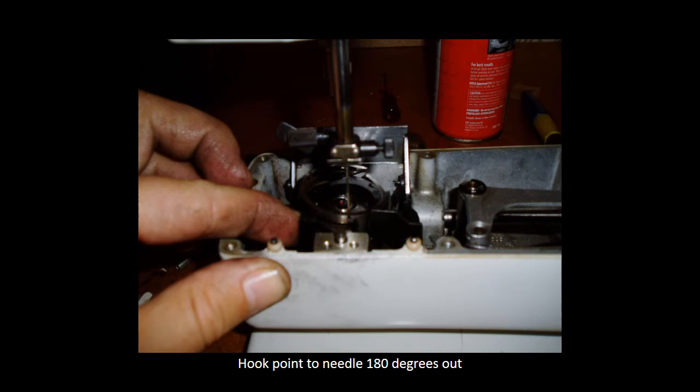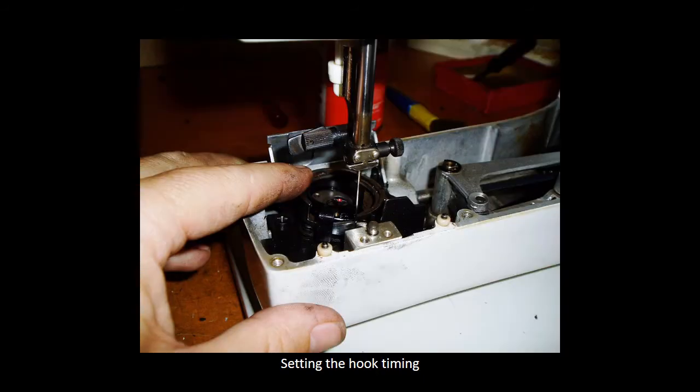eye. But that's just guessing, and there are some methods which I'll try and explain in the next couple of slides. Let's have a look. Yeah, this is once you've got the timing in and your hook is set correctly, you'll see it's passing just above your